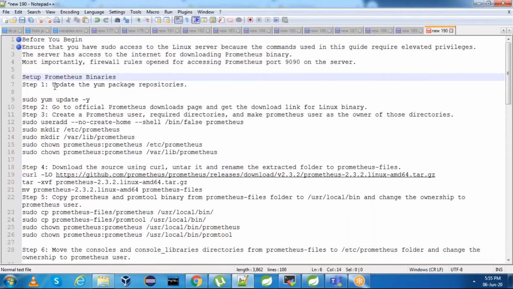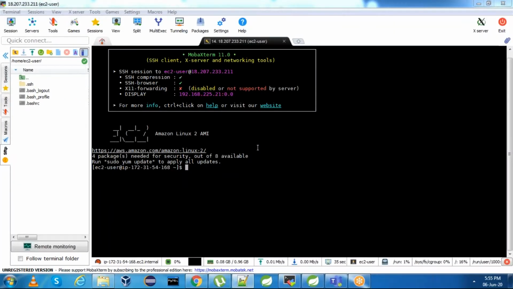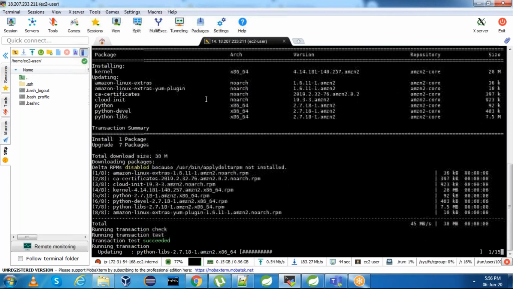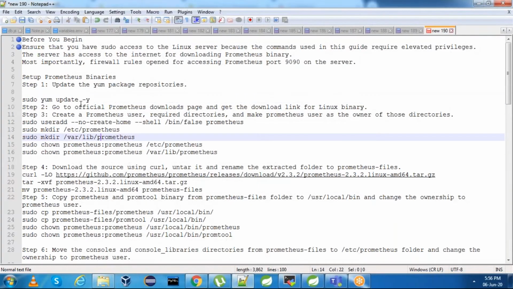Step one is we need to update the yum package repositories. sudo -i, I am switching to the root user, and updating the system. Once the system is updated, next we need to go to the official Prometheus download page and get the download link for the Linux library.